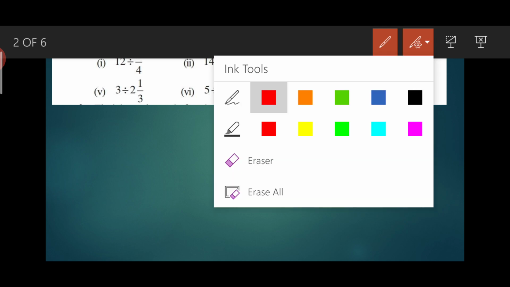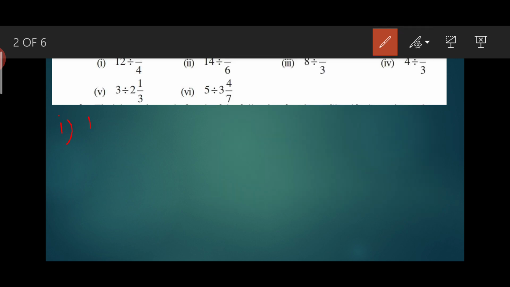First part is 12 divided by 3 upon 4. As we have learnt in our previous class, if you have to divide a fraction by a whole number or a fraction by a fraction, you have to change the division sign to multiplication and take the reciprocal of the divisor. So what will we do here? We will write 12 as it is and we will exchange the division sign for a multiplication sign, and here 3